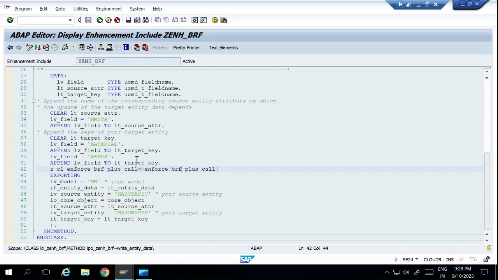So the standard interface with the standard program write entity data, a post exit will get executed using this enhancement, and within this there will be a call to the BRF plus function. So this is the coding part of